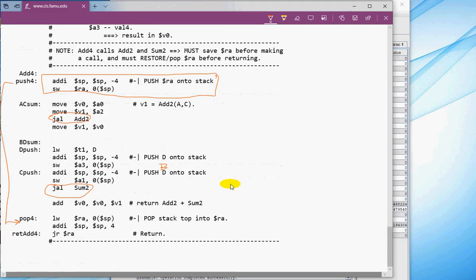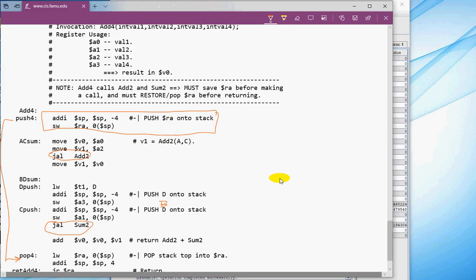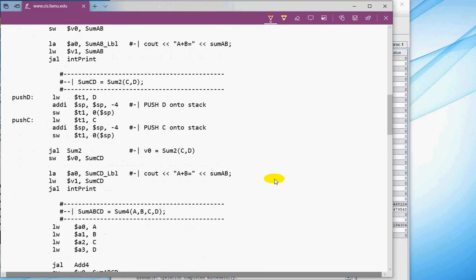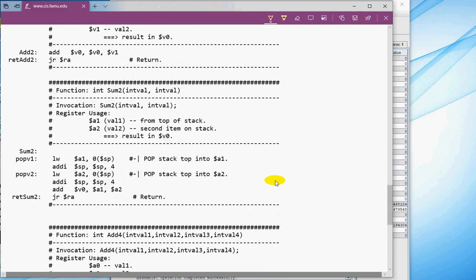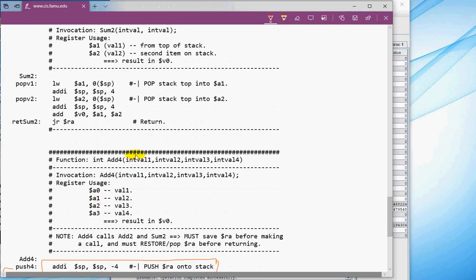Again, most of these things are pretty straightforward. Before you try to work on your program, I suggest that you take this and play with it. Make sure you're convinced that things are working the way that you expect. Be aware when a subroutine is entered, it's the responsibility of that subroutine not to leave any stray things on the stack and not to remove more than it put on the stack. So you got to be careful about that. All right, that ends